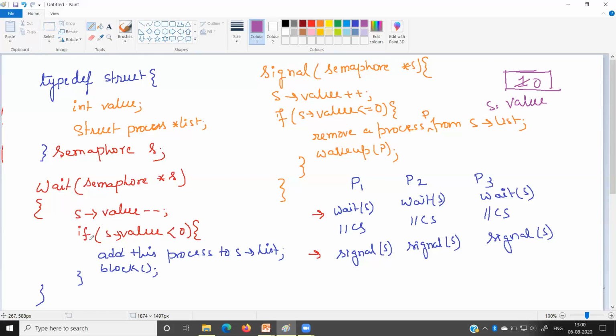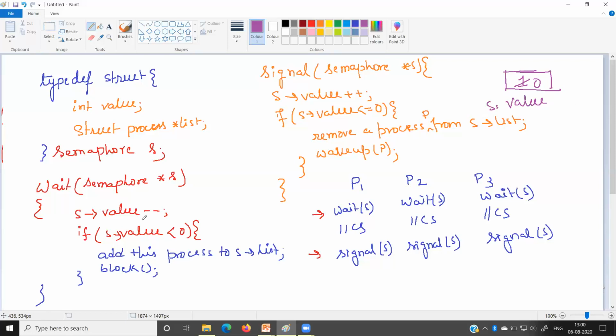Now 0 less than 0 will not be satisfied, so it will not execute the if statement. That means the process P1 will come out from the wait function and it will execute the critical section. Fine. Now while P1 is in the critical section, if P2 wants to execute the critical section, P2 will execute the same wait function.